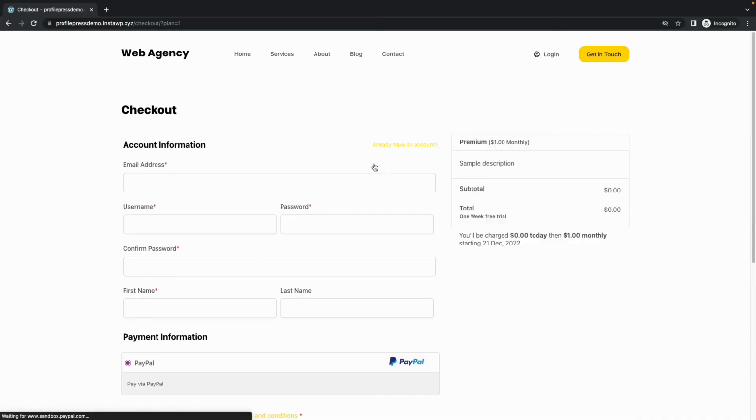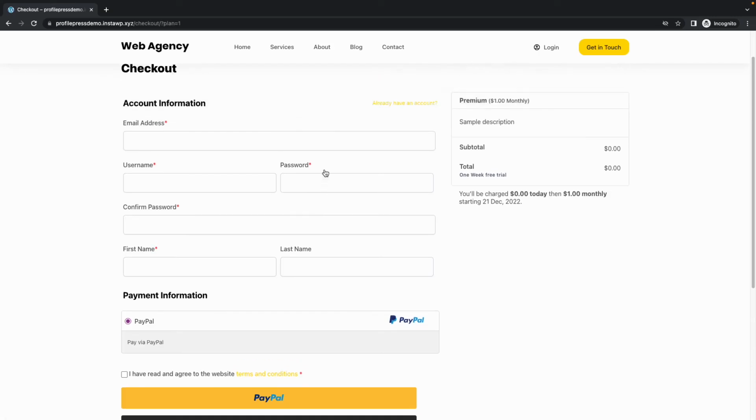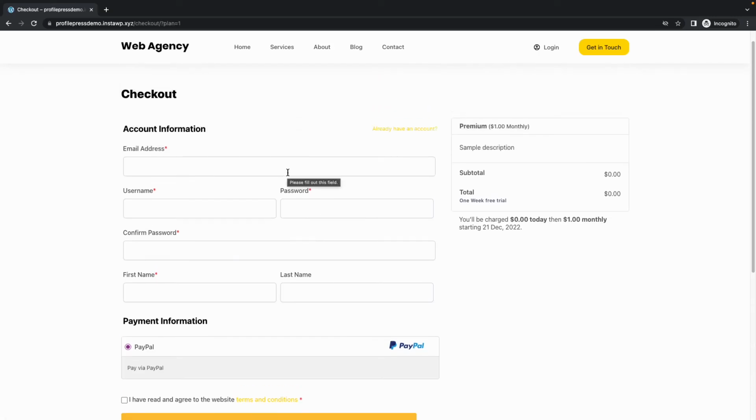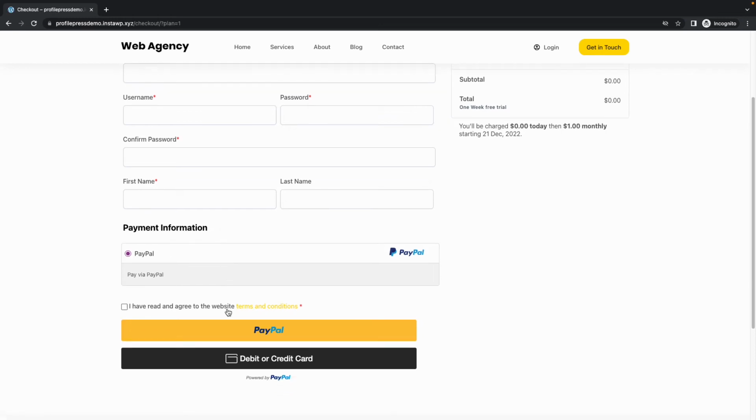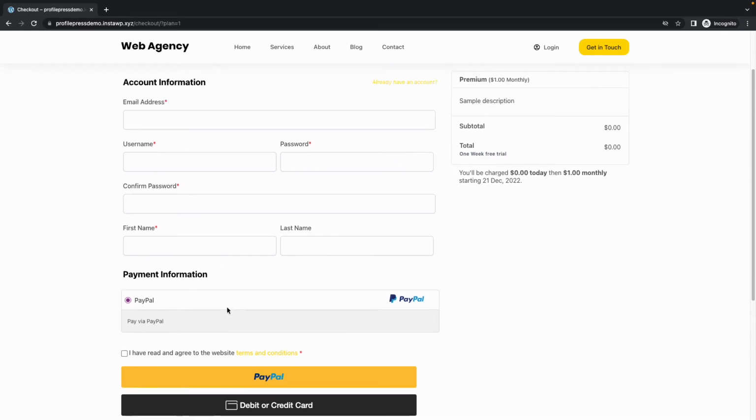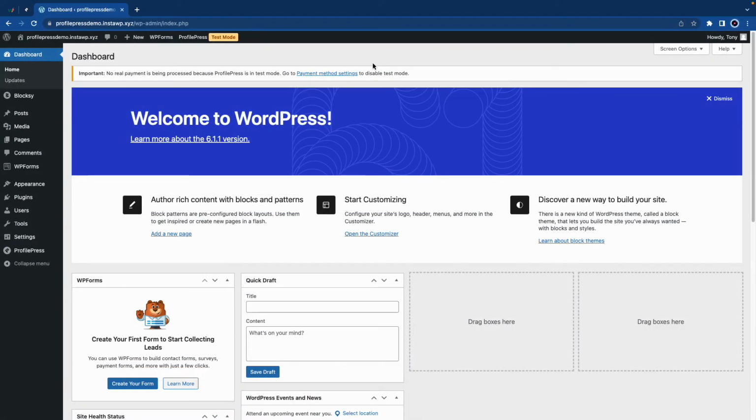And that will take us to this checkout page where we could enter our account information, and under payment information at the bottom, we can choose to pay with PayPal. And we have the option as well to pay with a debit or credit card because we checked the additional payment option. Alright, so now we are going to explore 2 additional features offered by ProfilePress, and we'll start with